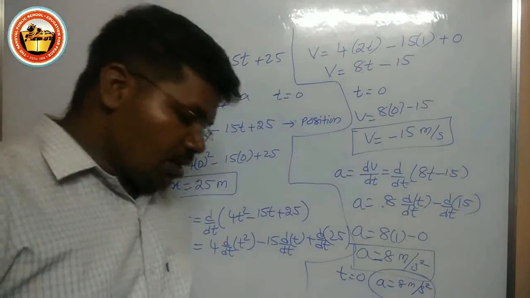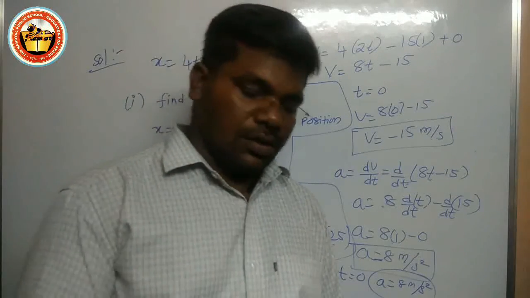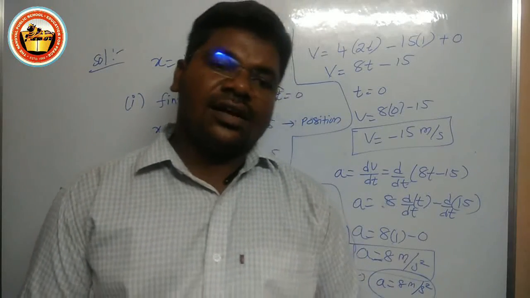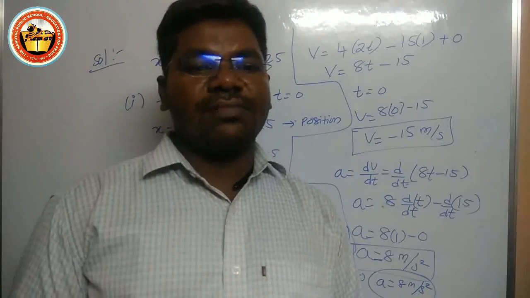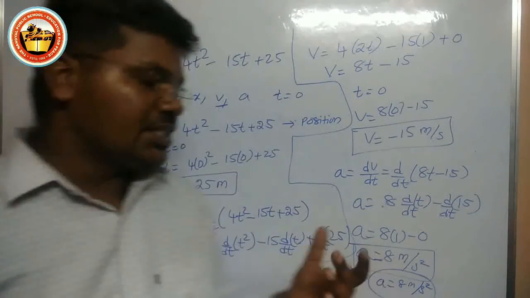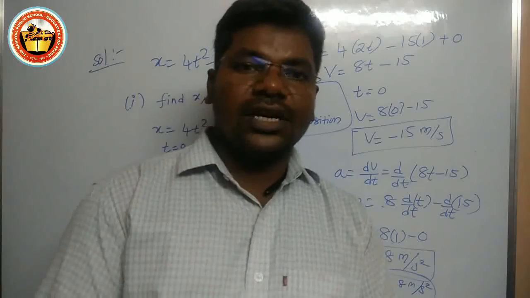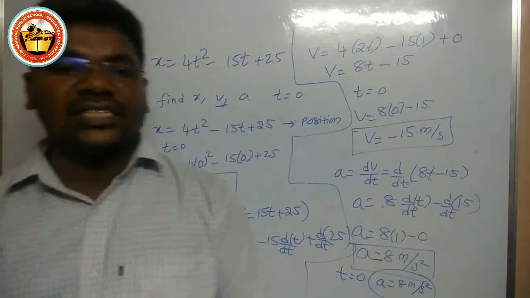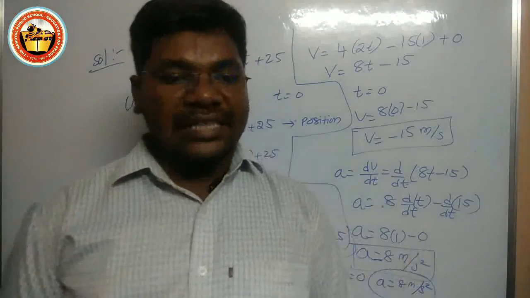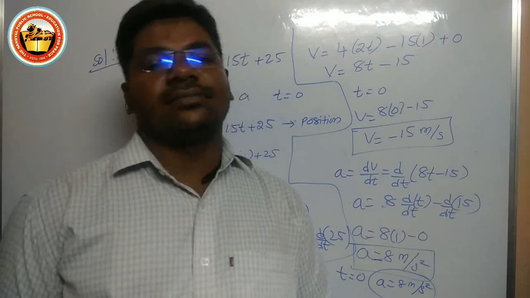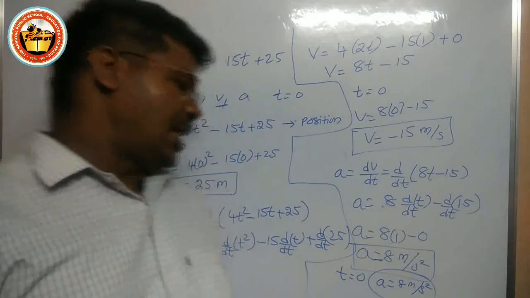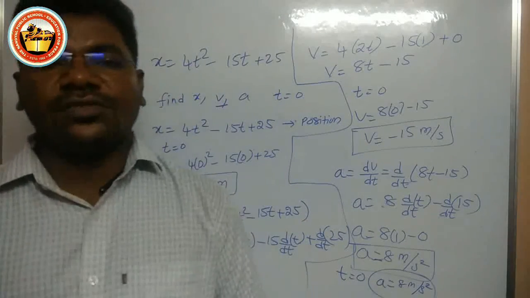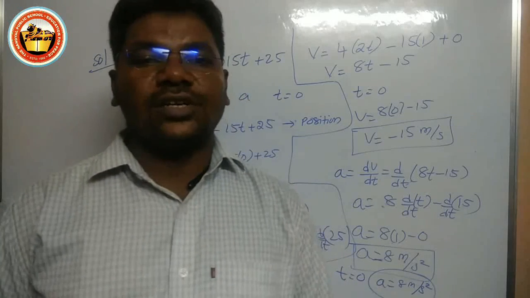Can we call the motion of the particle one with uniform acceleration? Does this represent uniform acceleration or not? Using this data, yes, it has a uniform acceleration because it does not depend on the time. Acceleration is independent of time, so we can say the motion is uniform acceleration motion.